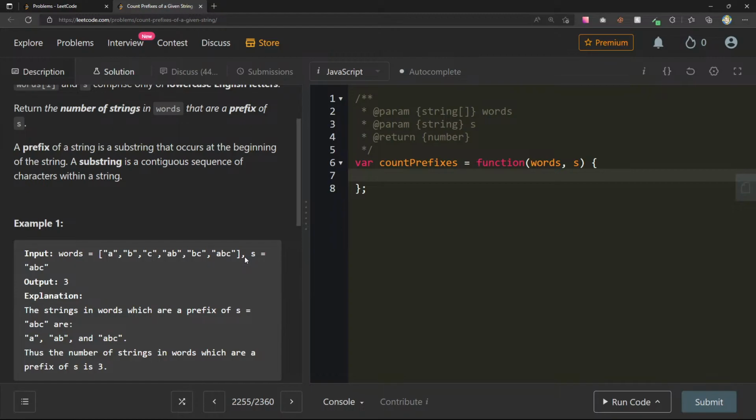Okay, a substring that occurs at the beginning of the string. A substring is a continuous sequence of characters within a string. So there's an obvious solution here, like a brute force solution, right? But let's see, B, C, A, B, C. I almost feel like we could construct, and I don't think that an easy question would have us working on data structures like tries. But what if, I mean,